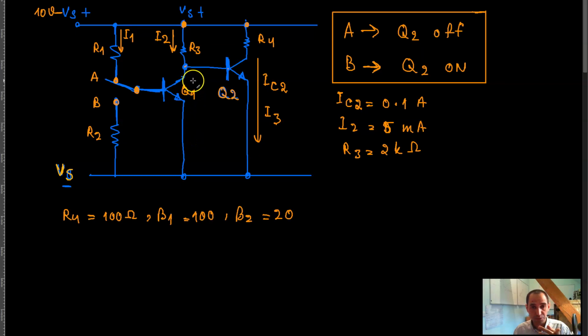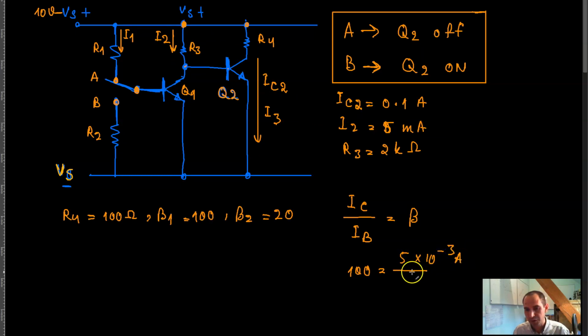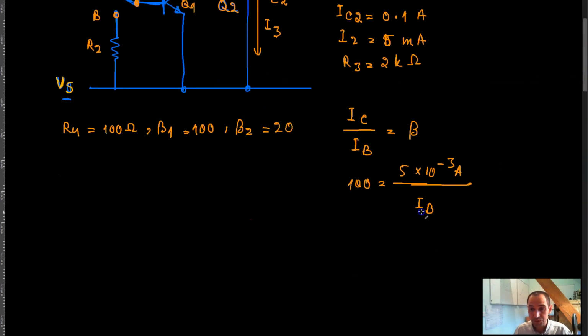And the only thing that we now need to do is make sure that this resistor is chosen in such a way that this current can actually flow in this branch. So again, I need to apply I of C to I of B, which is the same thing as beta. I know that the beta of this transistor is 100, so 100 is equal to I of C, which is this current over here, I of 2, which is 5 milliamp, 5 into 10 raised to the power negative 3 amp, divided by I of B, which is basically the current going through this branch, this I1, right? So I of B times 100 is the same thing as